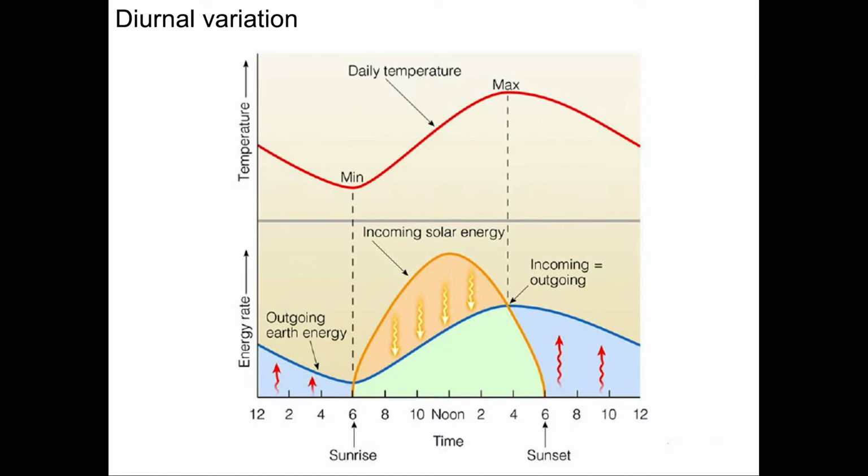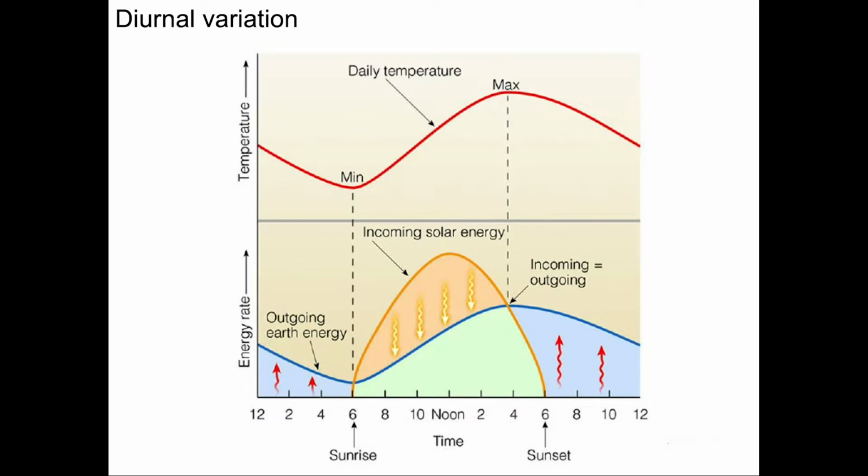When we look at daily temperature variability, we'll see starting at midnight, the temperature declines. It decreases until about 6 a.m., until about the time the sun rises. That's generally the minimum daily temperature. Once the sun comes up, the temperature begins to rise. The sun reaches its maximum at high noon, 12 o'clock. But the temperature continues to rise beyond that time. The temperature maximum is usually around a little bit before 4 o'clock to a little bit after 4 p.m.